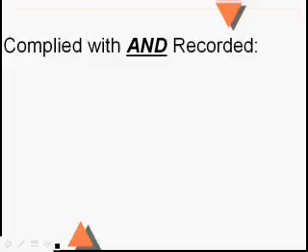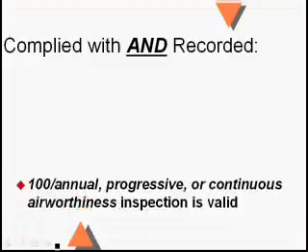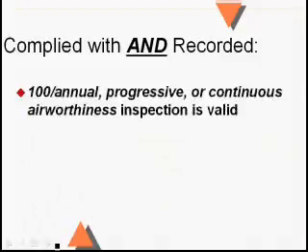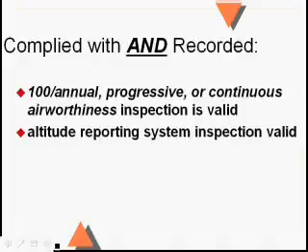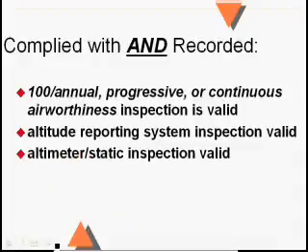Okay, now here's a list of things you have to do. You have to comply, you have to check, and the FAA is, generally speaking, going to want this to be written down somewhere. So wherever you find this stuff, make sure you're going to be able to find it later. The inspection for the aircraft needs to be still valid, whether you're doing it under the 100-hour, annual, progressive, or continuous airworthiness inspection system. There has to be an inspection that's valid for the aircraft and hasn't expired yet. Of course, if you're going to fly IFR, you need a valid altitude correction. This is the automatic altitude reporting system, so you need that if you have a Mode C on your transponder. It has to be valid anyway.